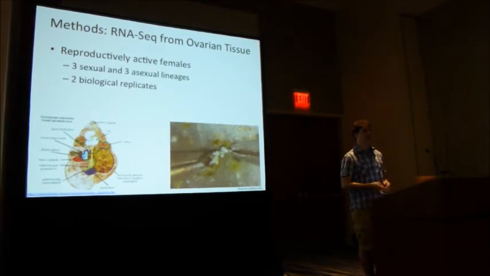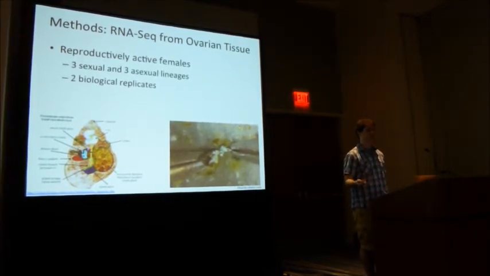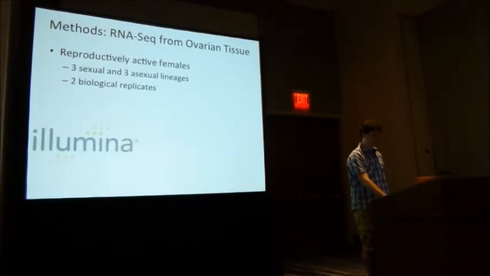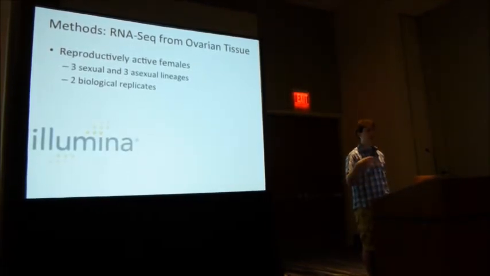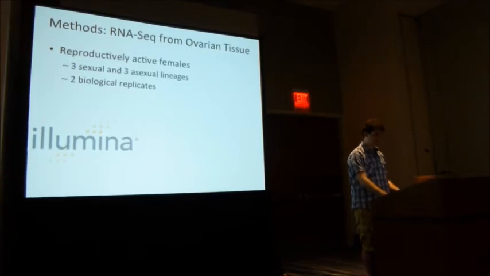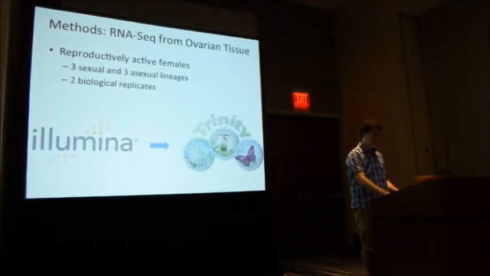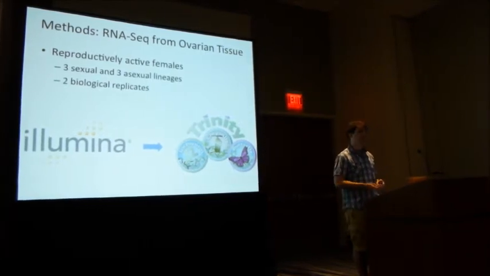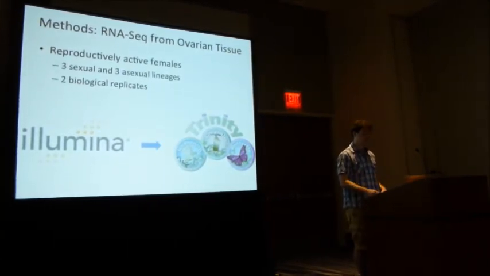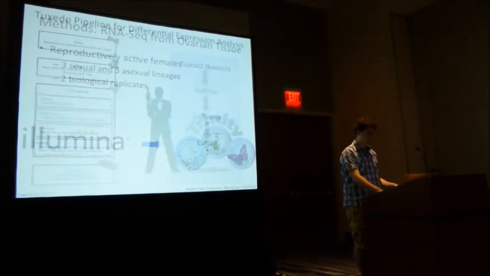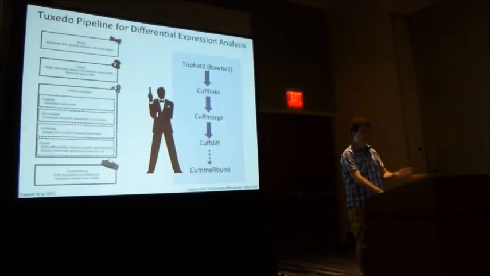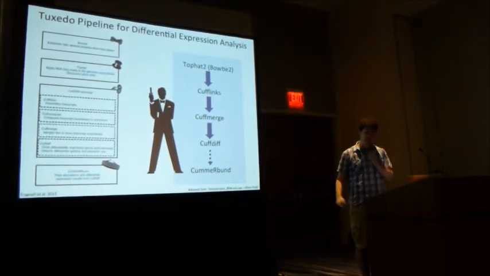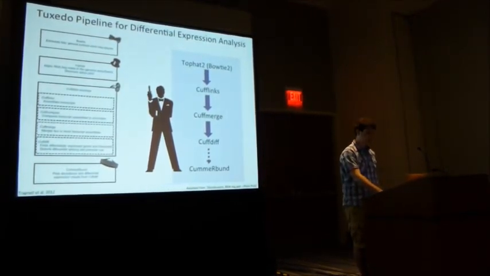We used 2 biological replicates from 3 sexual and 3 asexual lineages of snails. And we used Illumina sequencing to generate millions of reads of RNA. And the Trinity assembly program to develop a de novo transcriptome for the ovarian tissue, which we use as a reference in the Tuxedo pipeline for differential expression analysis,